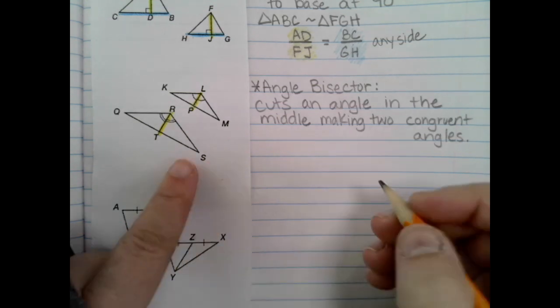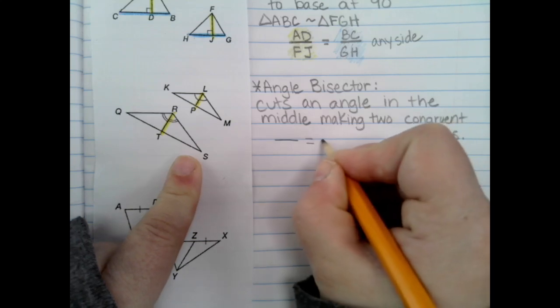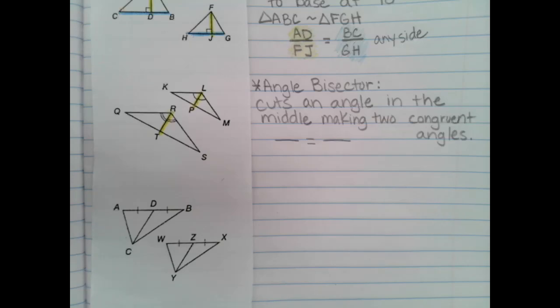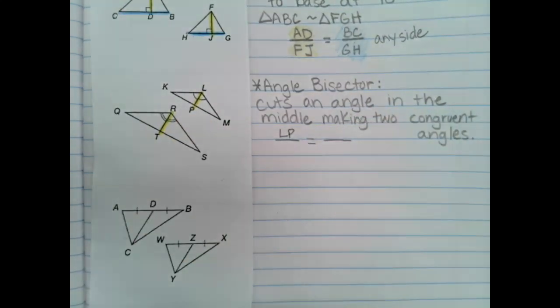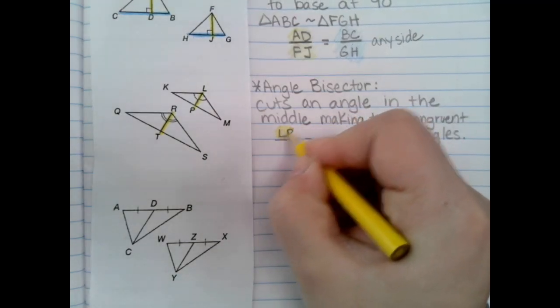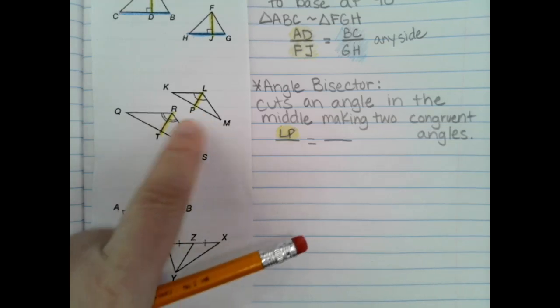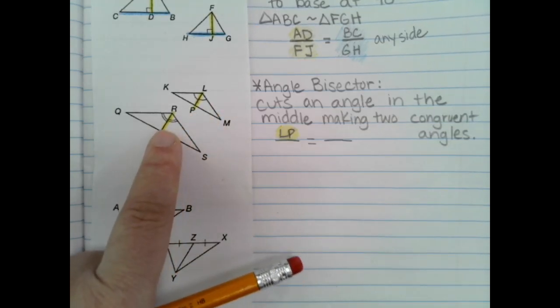So as we write our proportion here, we're going to have two parts that are equal. Today in your practice, you're going to just be plugging in numbers here and solving. We've solved enough proportions that hopefully you're feeling confident with that part now. So we'll start by comparing LP. Now, as we write a proportion, we have two options. So with RT, RT needs to be connected to LP because they are in the same position. And there's two ways we can do that. Either we can put RT,